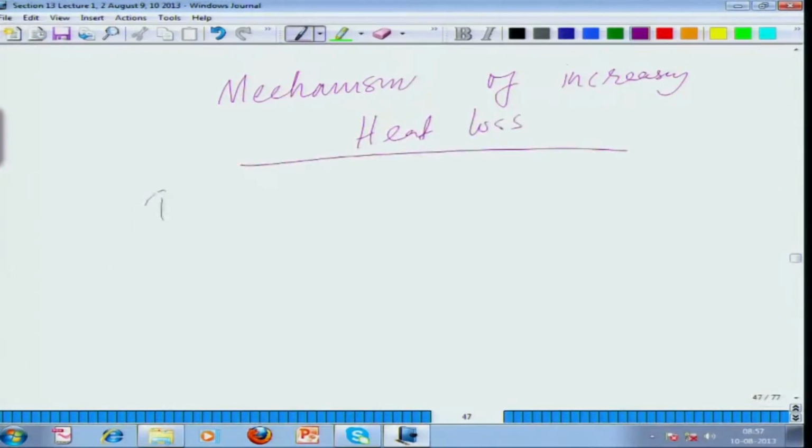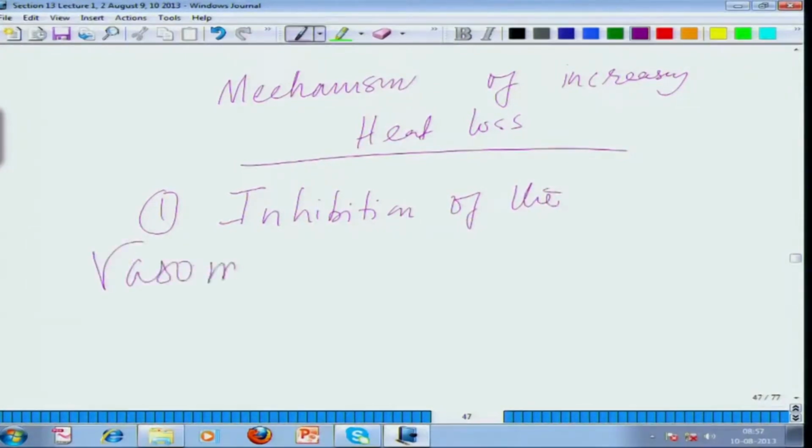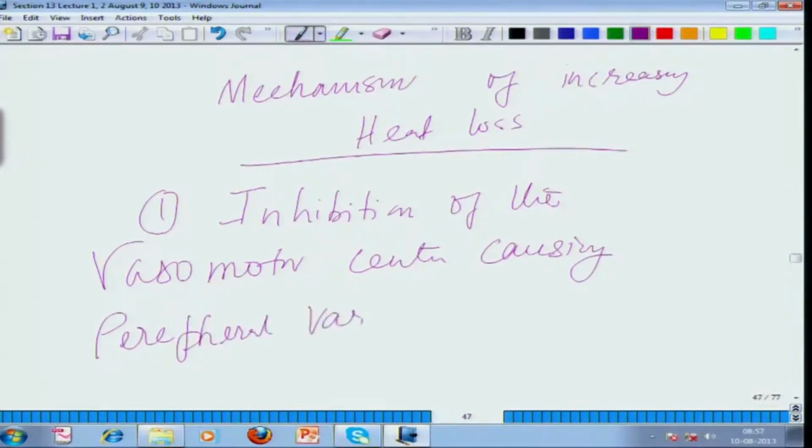So, the first process is inhibition of the vasomotor center, causing peripheral vasodilation, and